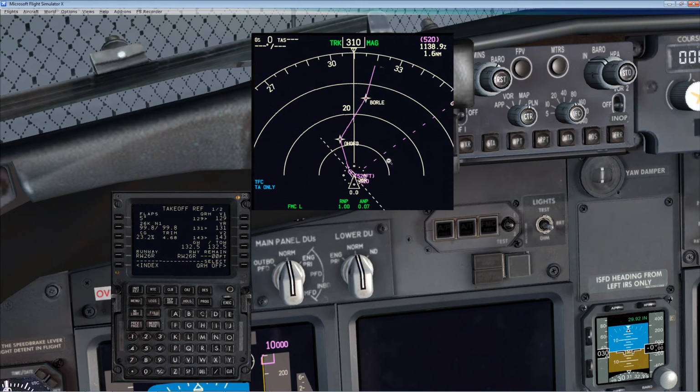You've got the range rings around here that will help you out if you see a diamond somewhere in here, that's going to represent another aircraft. Alright,